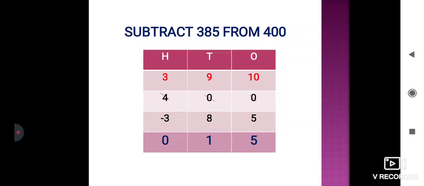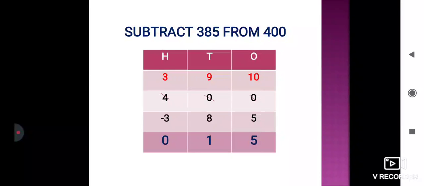Here you have to subtract 385 from 400. 400 is greater, so you will write it on top and 385 below it. Now here at ones and tens place you have zeros. At hundreds place you have 4 on top. 0 is smaller than 5. You cannot subtract 5 from 0 and 8 from 0. So you will borrow from hundreds place. Break 4 into ones and tens. You will get 3 ones and 10 tens. The digit which is at tens place, that is 0, will carry 10 and become 10.